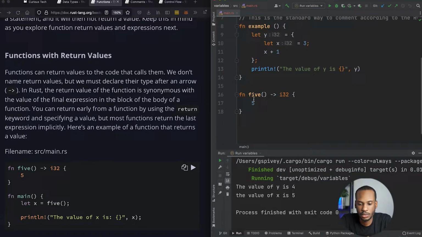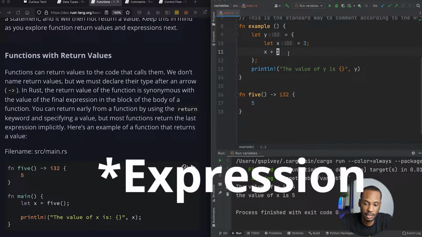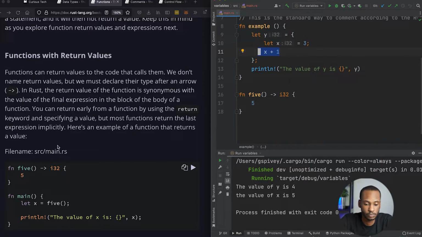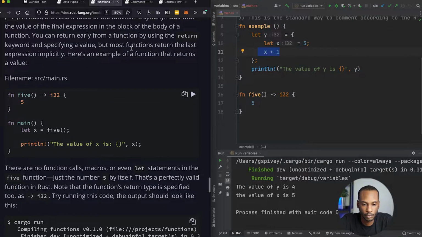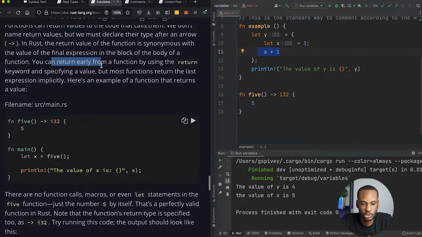So we have a function. I don't see the word return used anywhere. I just see a statement. It looks a lot like this line, right? What's going on here? You can return early from a function by using the return keyword and specifying a value, but most functions return the last expression implicitly. So this is an implicit return and this is an implicit return, which means these are now expressions because expressions